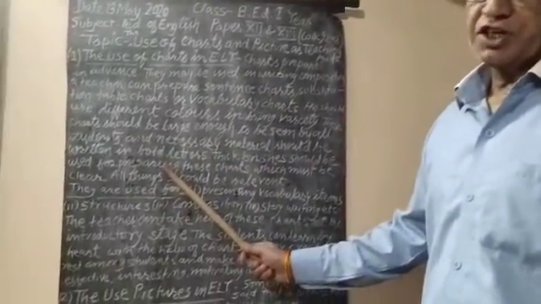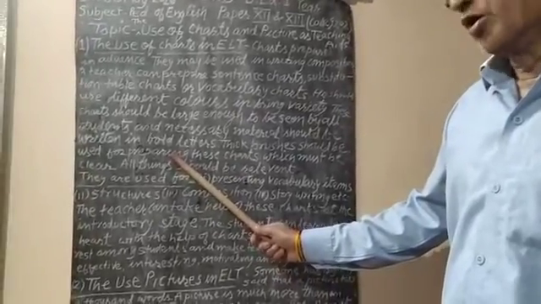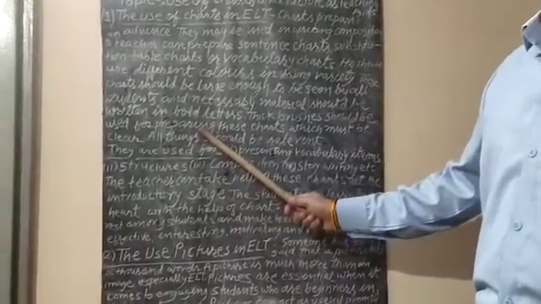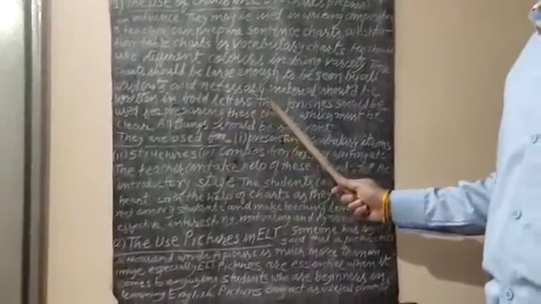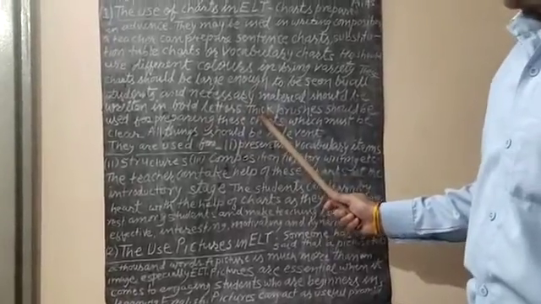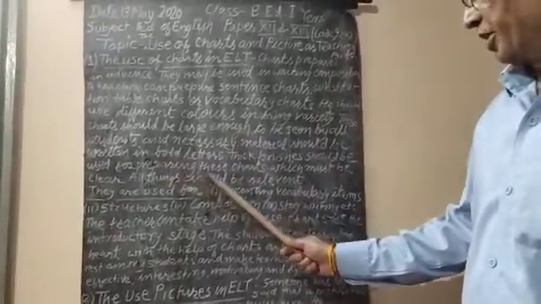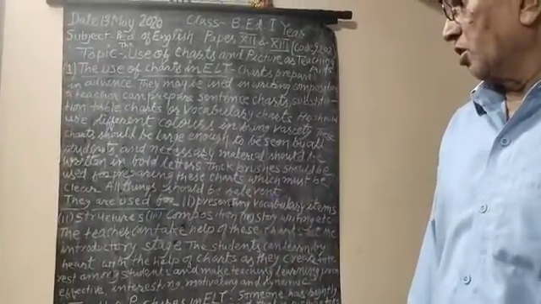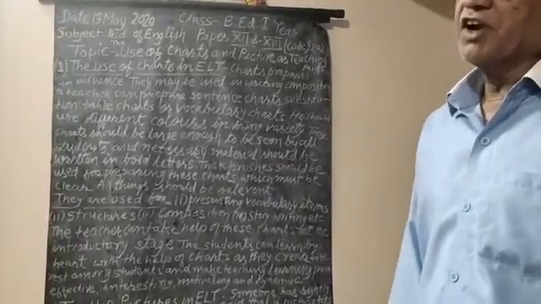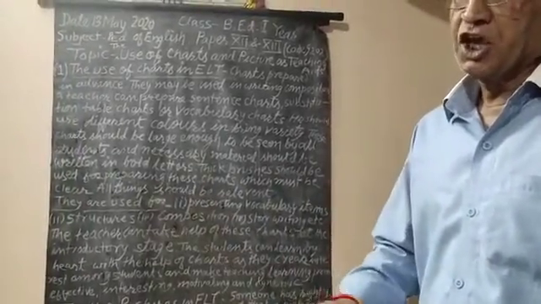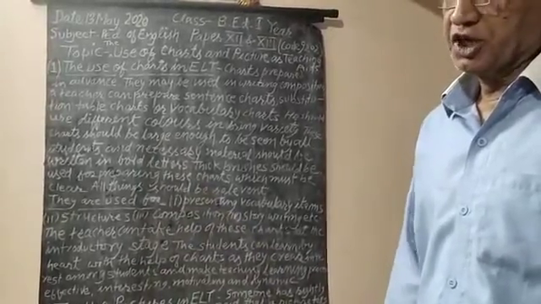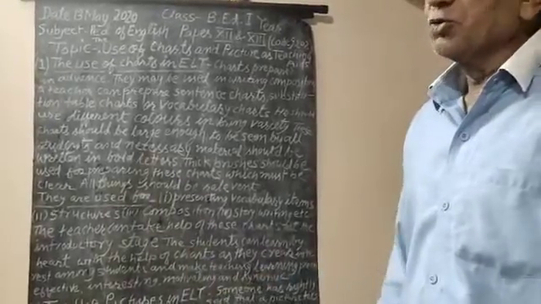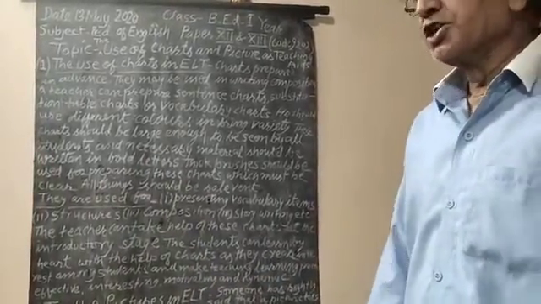Whatever you write on the charts should be written in bold letters so that the backbencher students can also see it clearly. And thick brushes should be used for preparing the chart, which must be clear. All things should be relevant according to the teaching content. Everything should be relative to the teaching material. So they are useful.